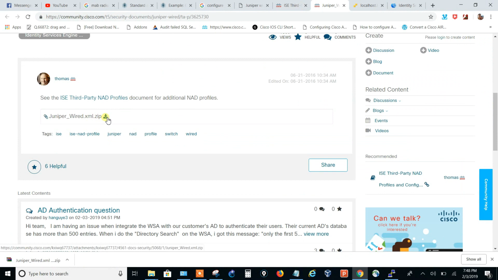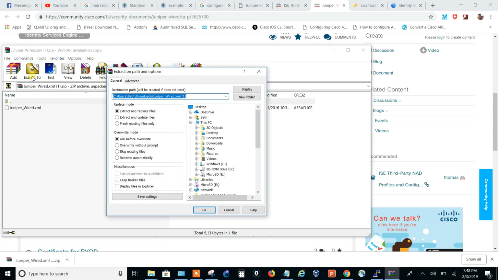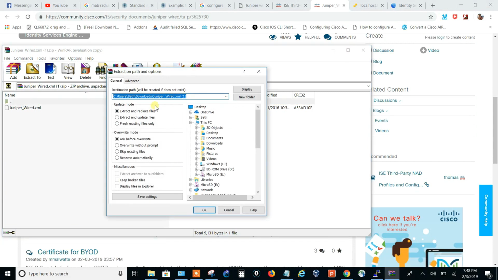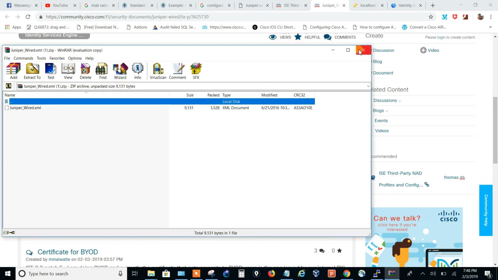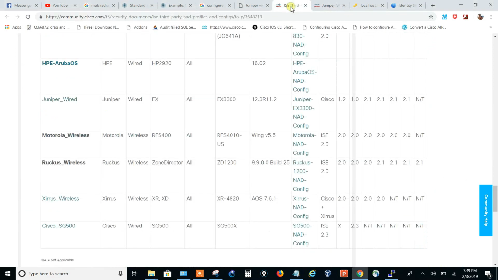Now once you unzip it, well, sure, I'll just do that. I already did this before, but I'll show you right now. Go ahead and extract it. And let's put it under, sure, you can put it underneath downloads. Sure. Okay. Now that I unzipped it and we have this Juniper wired XML,